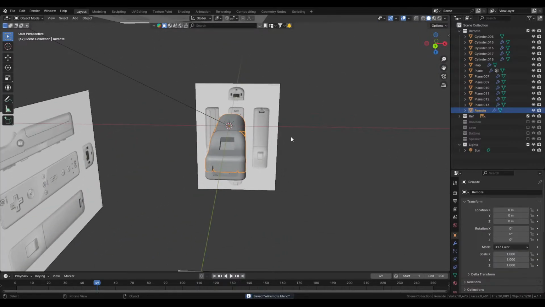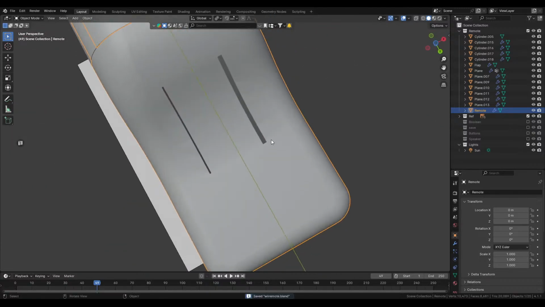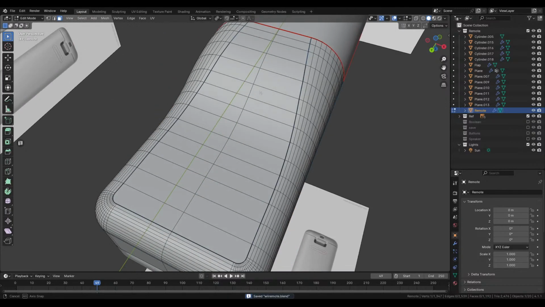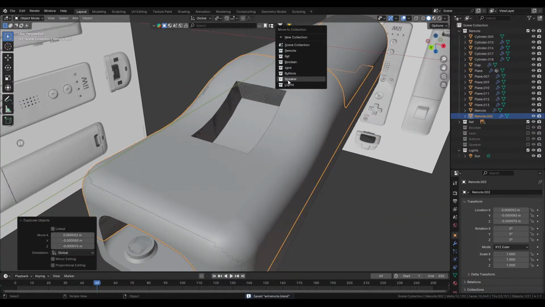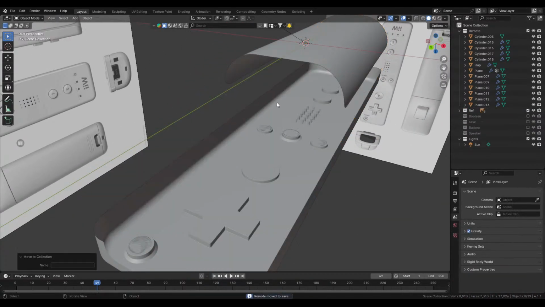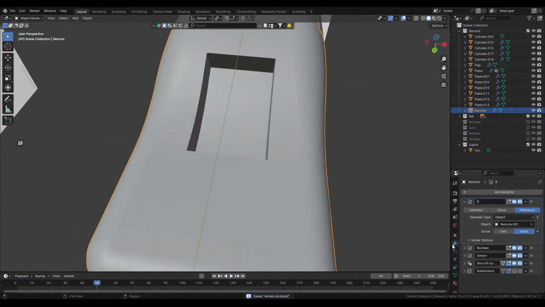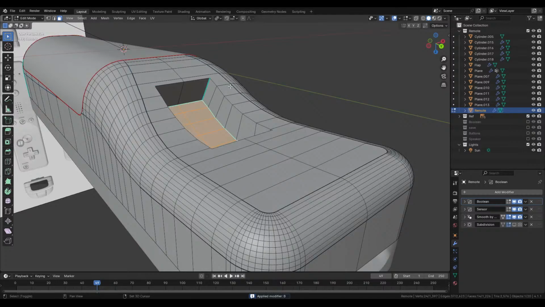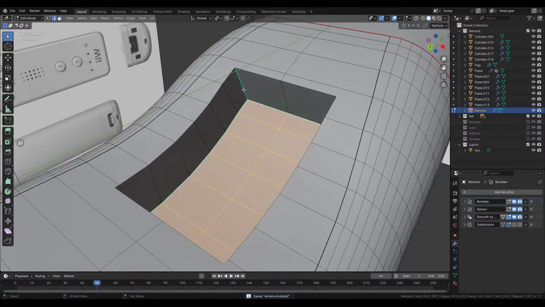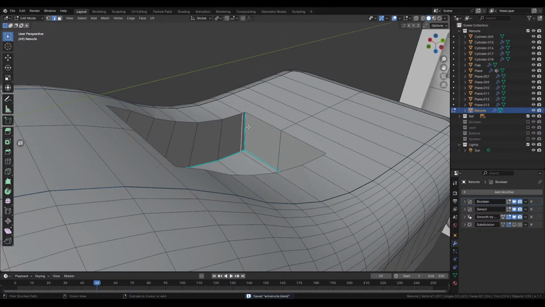Now we need to make the button. But I think what we're going to do first is we're actually going to finish the Boolean hole before we make the button so that we get the correct bevel and can match it up. So let's again put this into this. Let's put this into the safe. Then we apply the B Boolean. And now all we need to do is